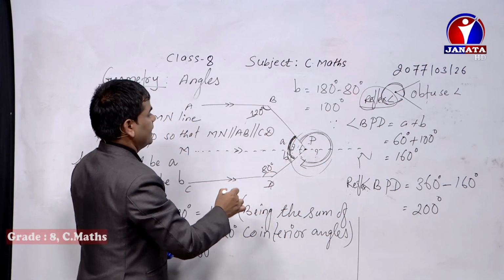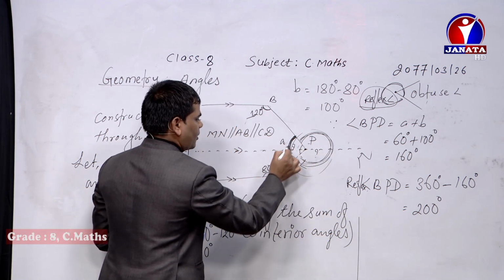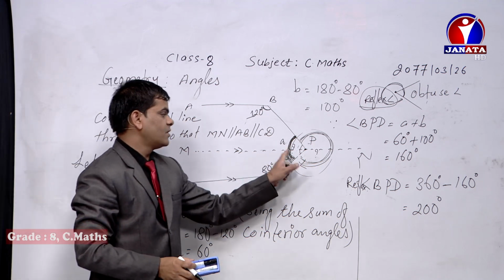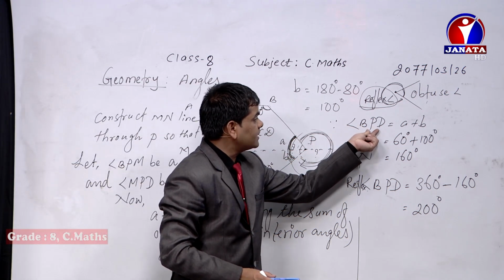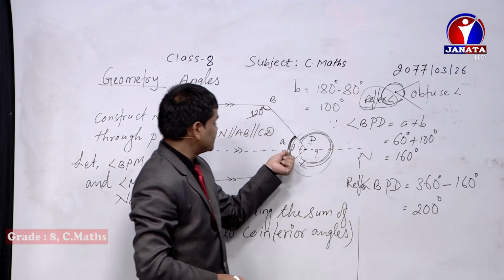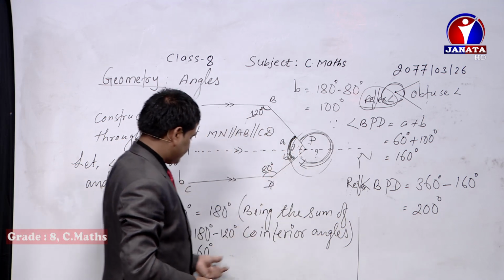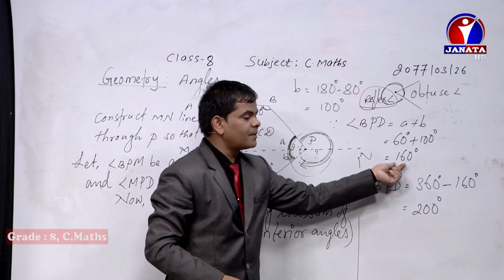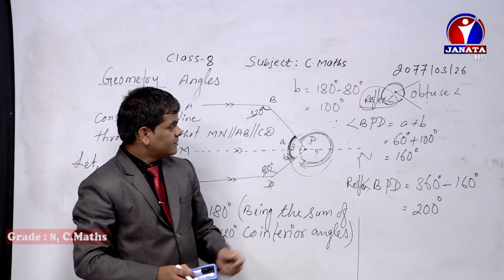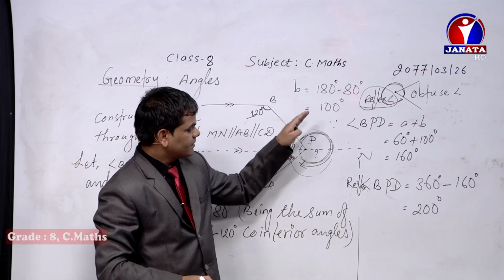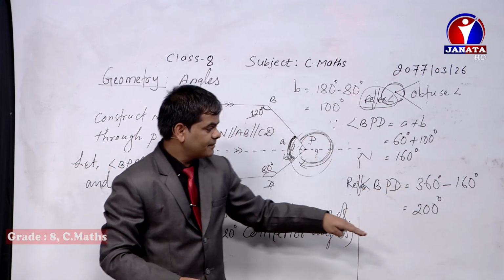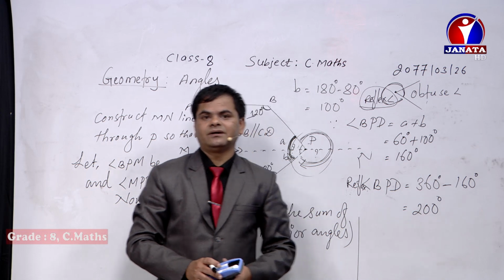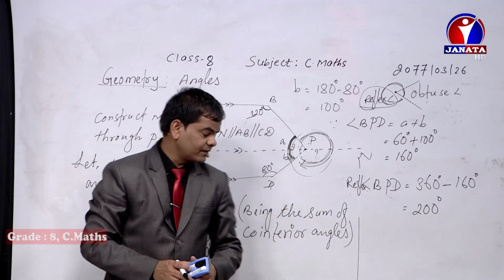So in this question, the reflex angle means this one, and the obtuse angle, as it is smaller and covers the minor part, is known as the obtuse angle. If the question asks you to find out the obtuse angle, then the obtuse angle will be 160 degrees. We just found it by doing all these procedures. And if we need to find out the reflex angle, then after finding the obtuse angle, we deduct the value of the obtuse angle from the total degrees contained in a point, and we can find the measure of the reflex angle.